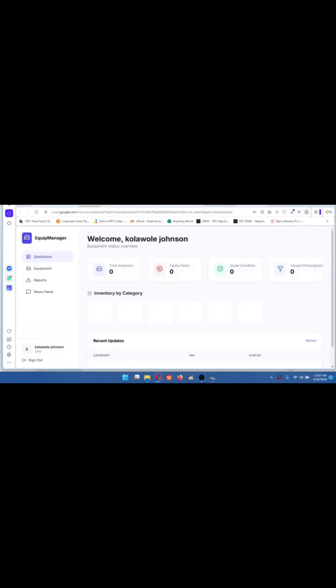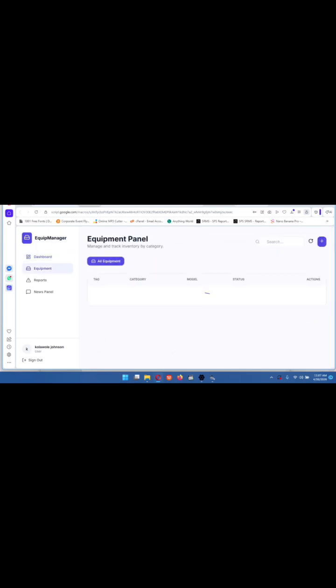So this is Kolawole's dashboard. Kolawole will also be seeing the total inventory on the dashboard just like the admin. Inventory by category and recent updates will be in Kolawole's dashboard. So when Kolawole goes to equipment, Kolawole is not going to